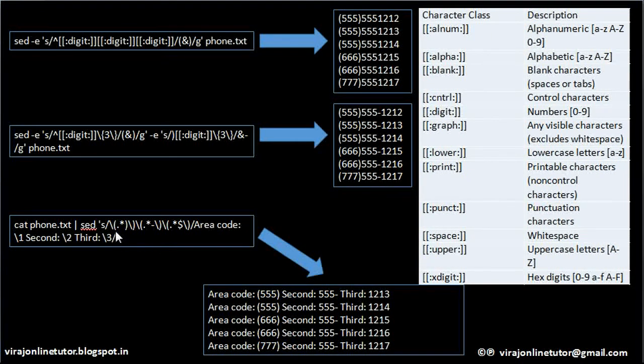So here the open bracket, which we escape here, and the close bracket, which we escape here, are meant for grouping different regular expressions. Over here your first group starts from here and ends here.